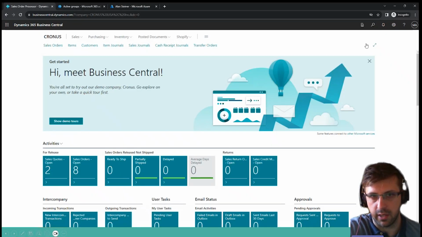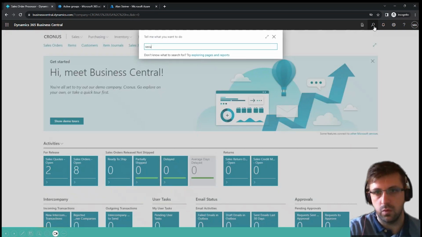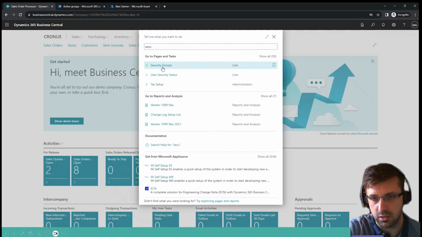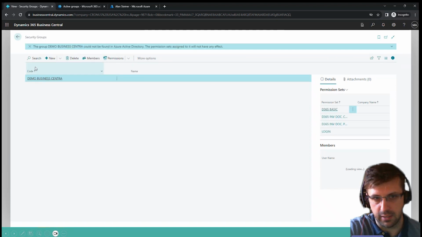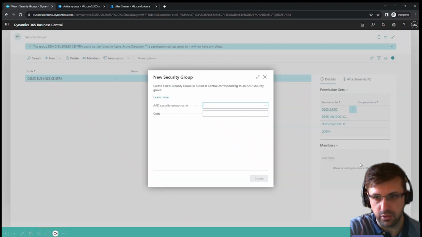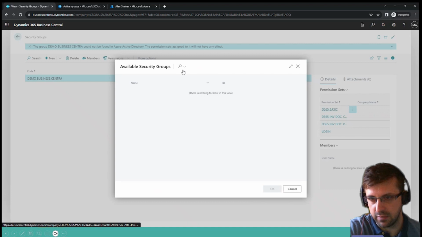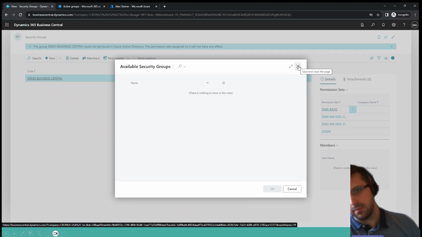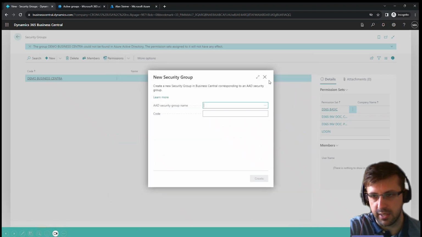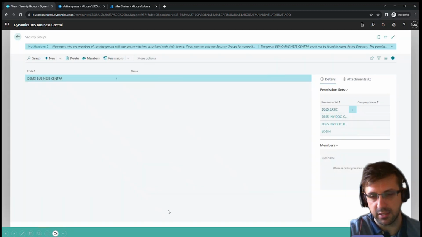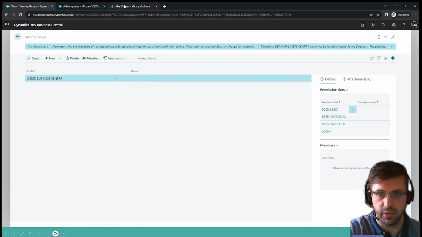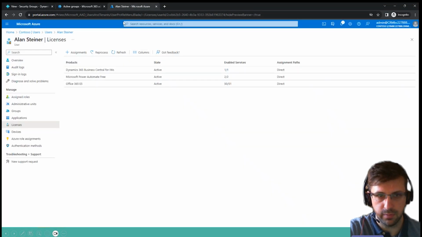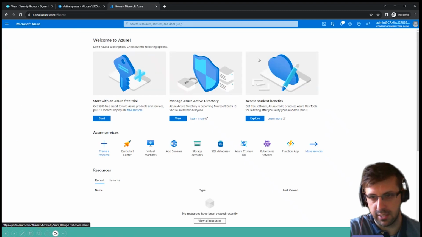So if I come back onto our demo environment here, what you will have under your search is something called security groups. What you can't do from here is create a new one, but you can see if you've got anything available here to assign. As I say, they're not created in Business Central, they're actually created either in Azure or in your Office tenant. So if we come back to our portal on Azure and we come home,